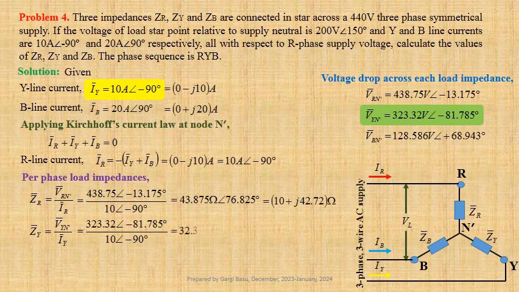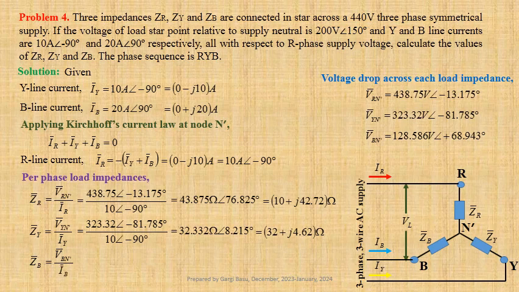That gives us 32.332 ohm at an angle 8.215 degree. This may be written in Cartesian form as 32 plus J times 4.62 ohm, and Zb equals Vbn dash